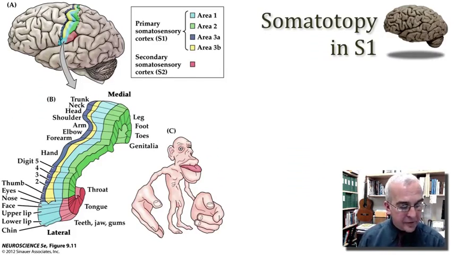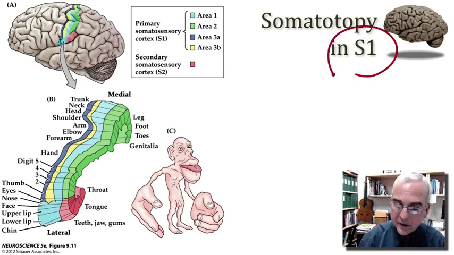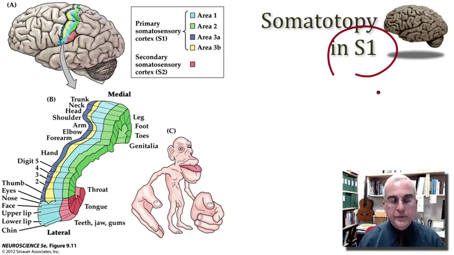So here we have an illustration from your text which shows us our primary somatic sensory cortex, which we call S1 for short. It's found in the postcentral gyrus, and it's comprised of 4 cytoarchitectonically distinct regions of the human brain that Korbinian Brodmann named over 100 years ago: areas 2, 1, and area 3. And workers after Brodmann subdivided area 3 into an area 3A and an area 3B. So from posterior to anterior, there are areas 2, 1, 3B, and then 3A right at the depth of the